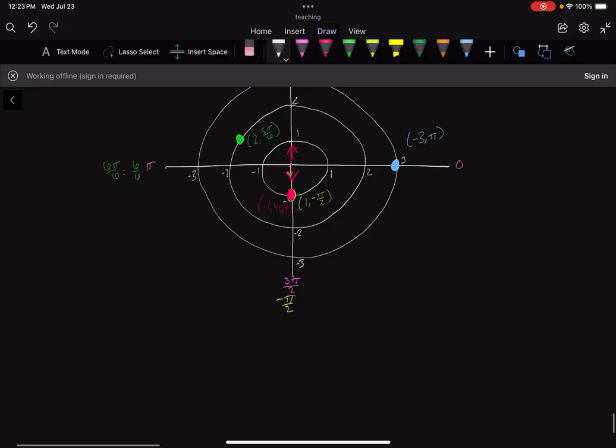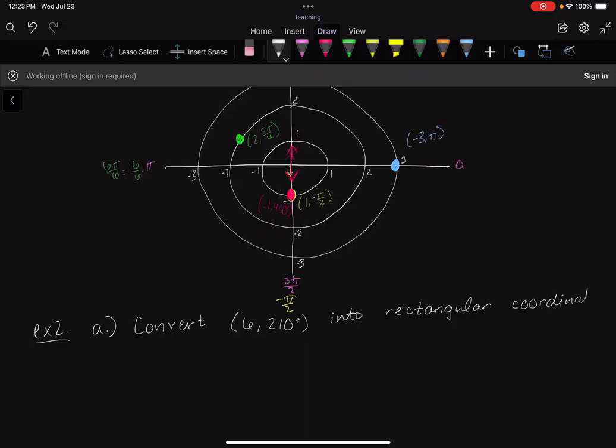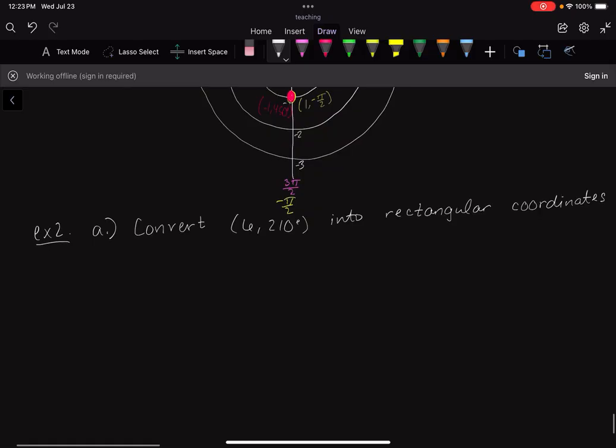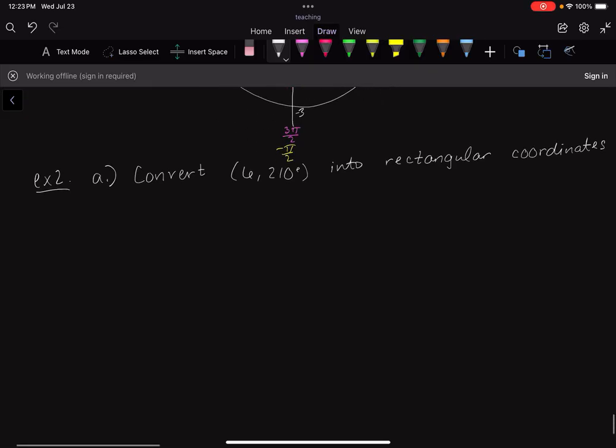So let's look at some problems where we actually convert these. I'll say part A, we're going to convert the point 6 comma 210 degrees into rectangular coordinates. And I'll leave some space. Not sure how much I'm going to need. I'm going to leave a good bit. For part B, I'll say convert the point